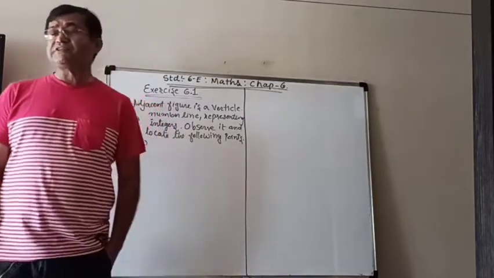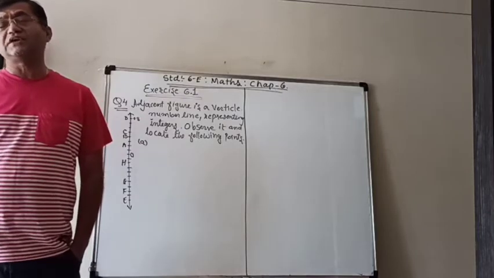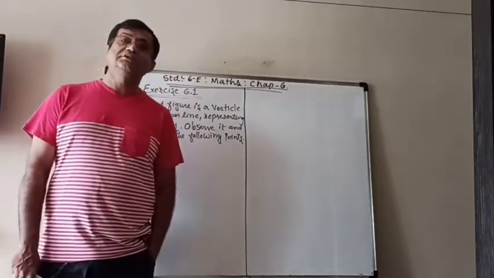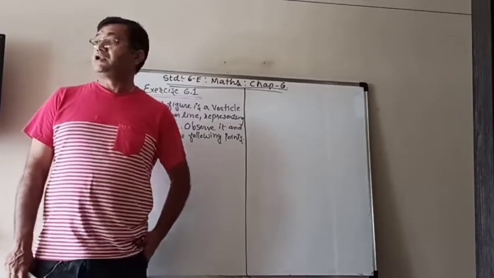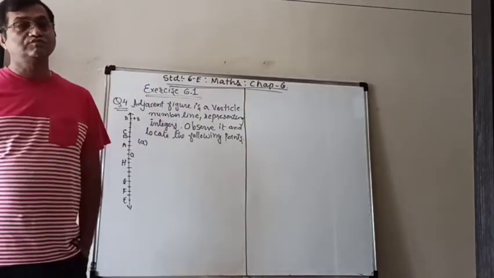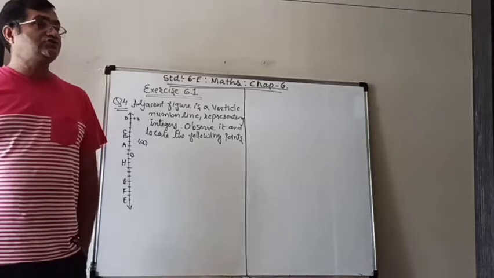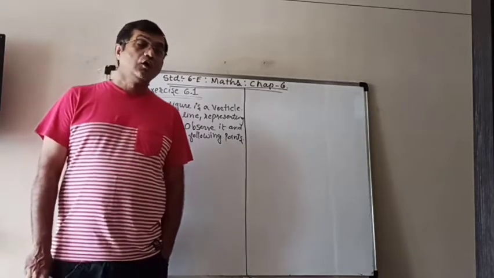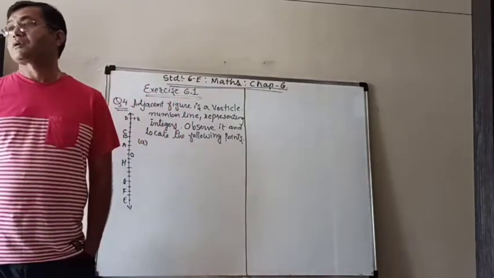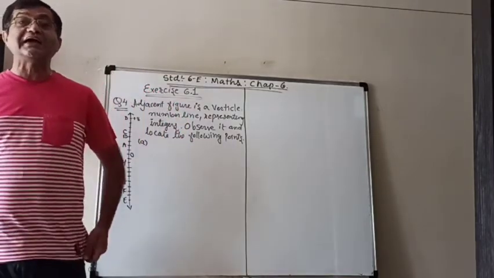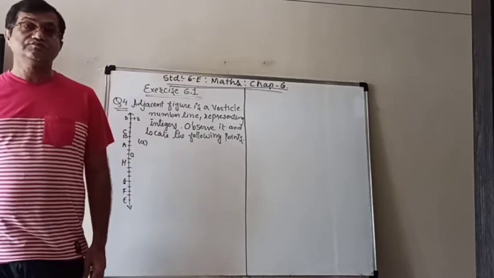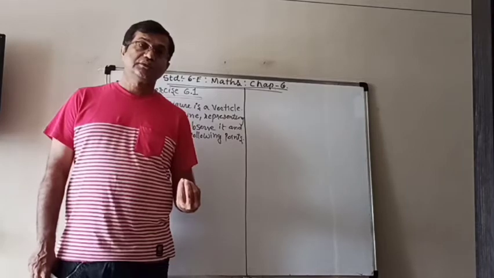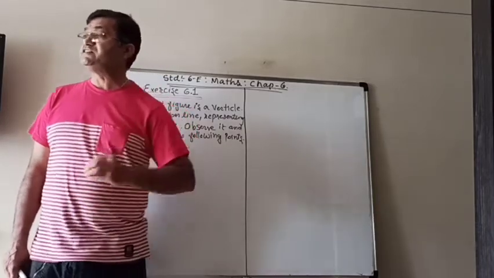In the last session we learned what the collection of numbers known as integers is. We saw that when we take whole numbers along with the negative numbers, then the whole collection of the numbers is known as integers.